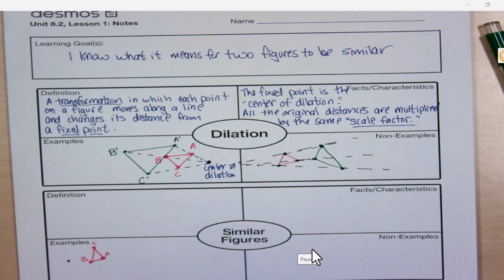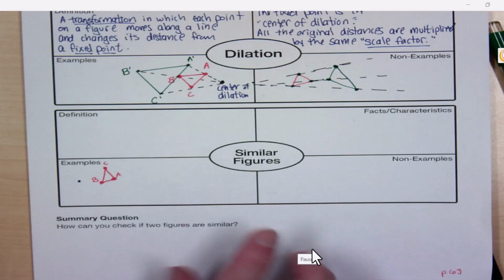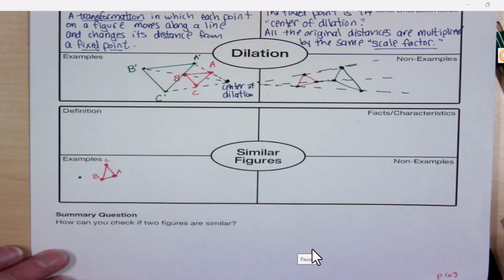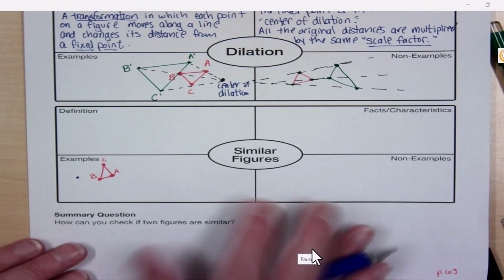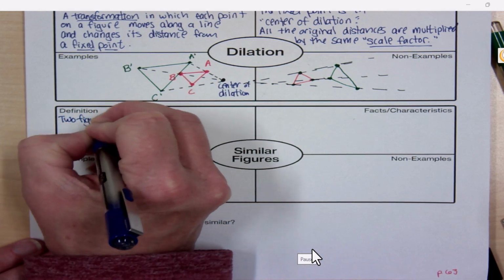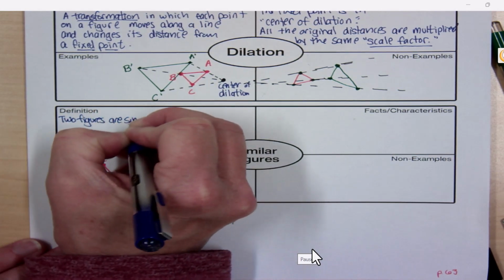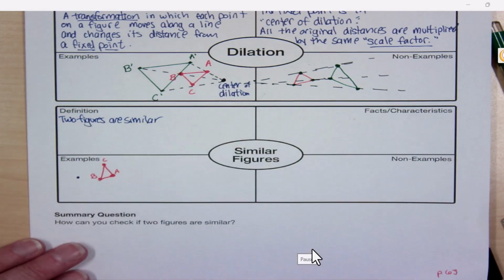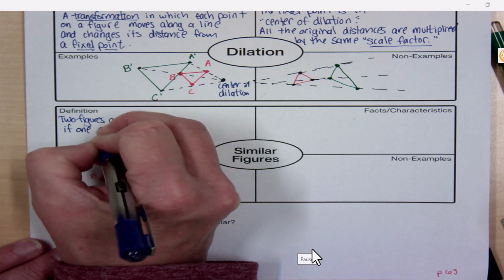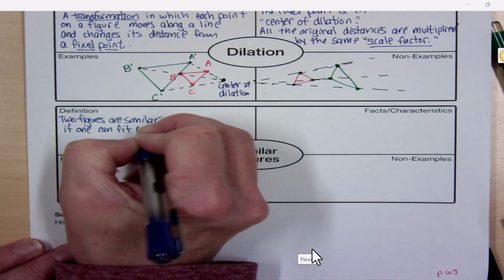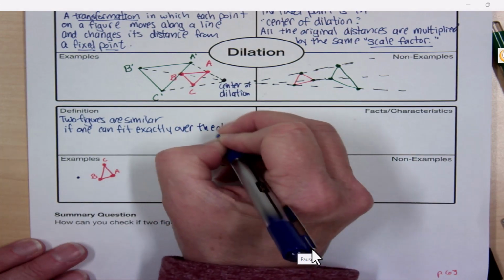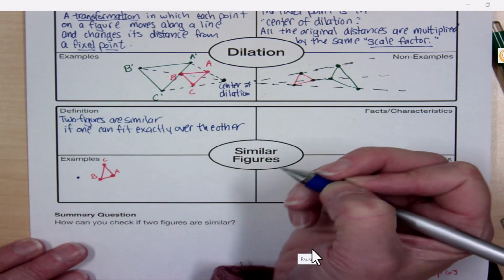All right, so we'll be talking a lot about dilations. And dilations result in similar figures. Let's go ahead and define similar figures. Two figures are similar if one can fit exactly over the other, after rigid transformations,